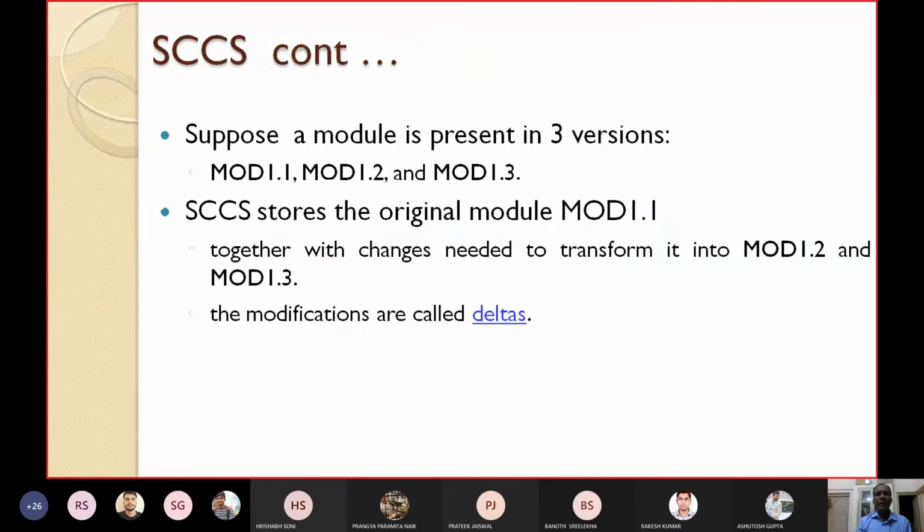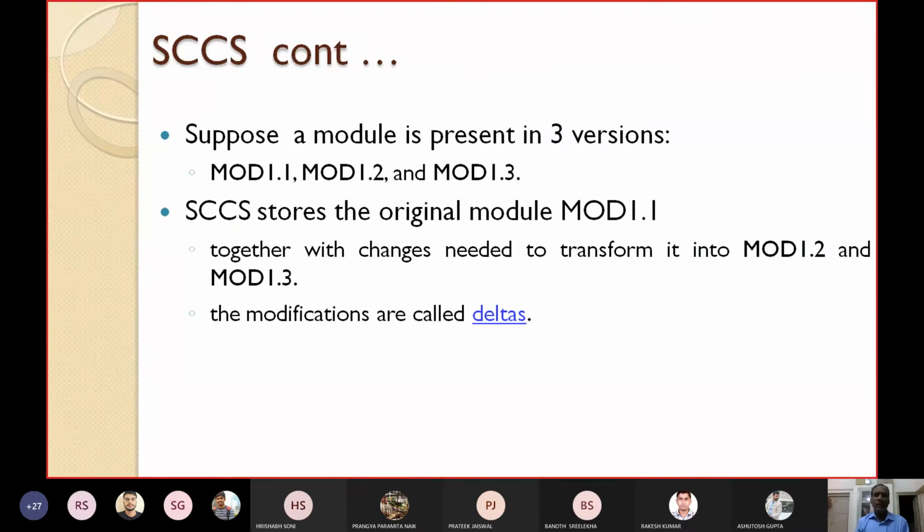I have already told you this example. If a module has three versions like module 1.1, 1.2, 1.3, then SCCS stores the baseline version, the original module 1.1, together with the changes required to transform module 1.1 to module 1.2 and module 1.3.